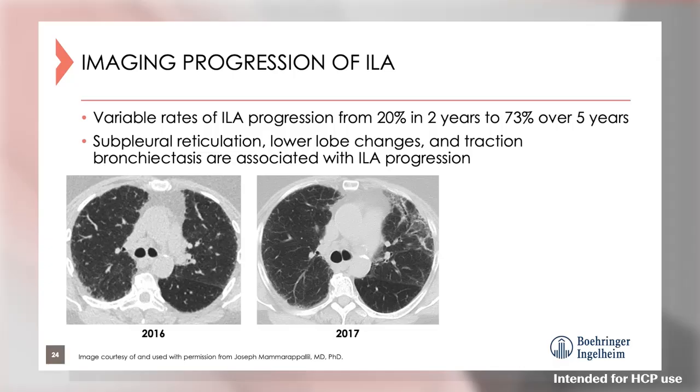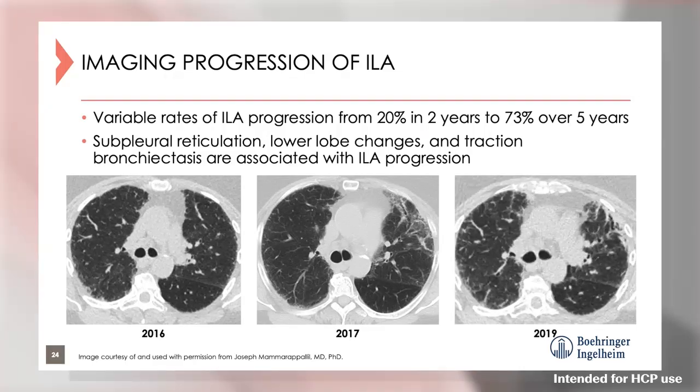You even see it out in the right lung as well. But now, in addition, there's some traction bronchiectasis as well. I'm going to dictate this as now progressive interstitial lung abnormality. Consider interstitial lung disease in this patient. Now, if we look at this patient 2 years later in 2019, definite fibrotic lung disease in the left upper lobe and lingula, characterized most notably by traction bronchiectasis and bronchiectasis and progressive reticulation as well.